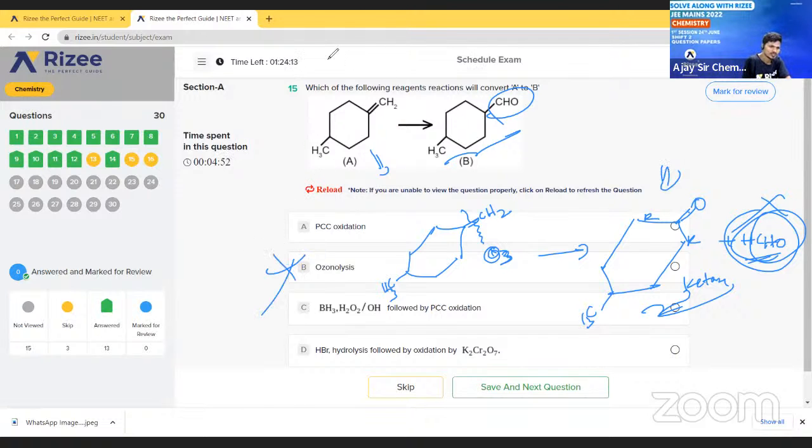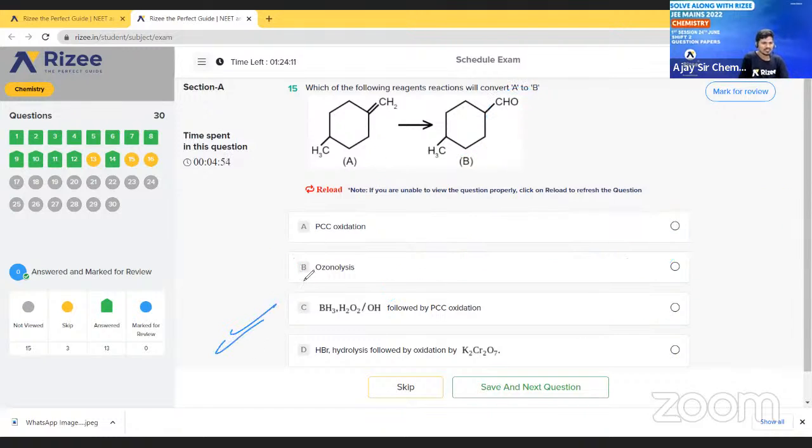Let us go to option C. See here, option C is the correct option. How is option C the correct option? See here, I'm writing the reaction over here. This is the general compound which they have given in the reaction. Here one CH3 is there, and we are going to react this compound with